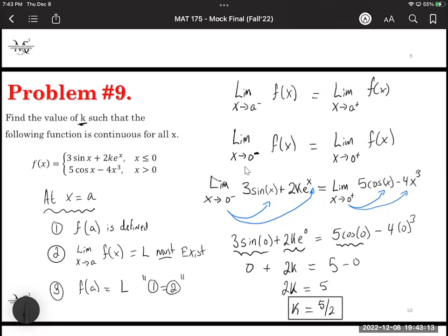So if x is approaching 0 from the left, then you're looking at values like -1, -0.5, -0.25, -0.1,